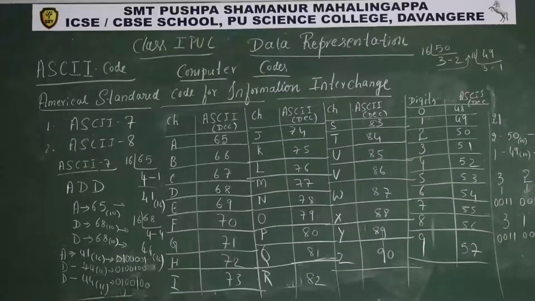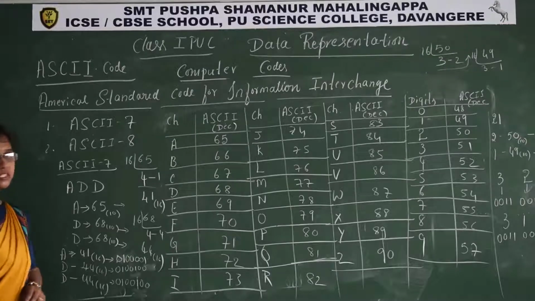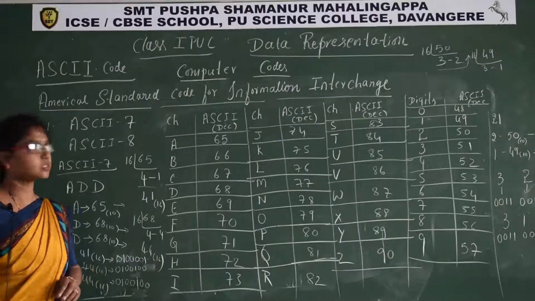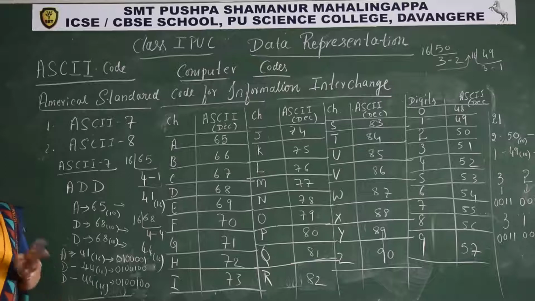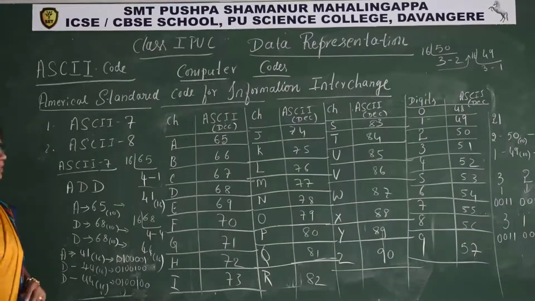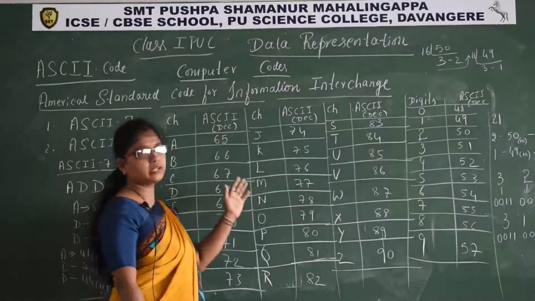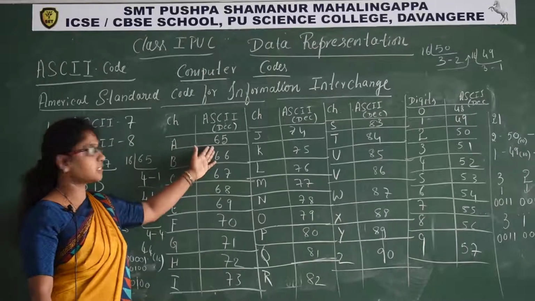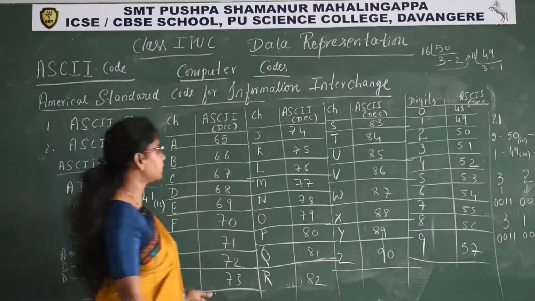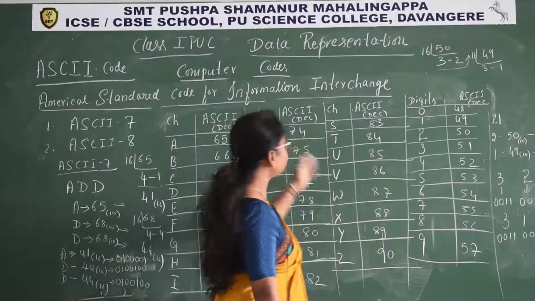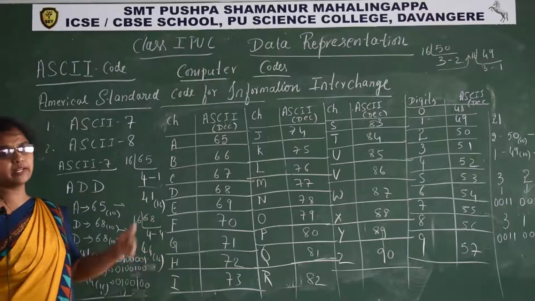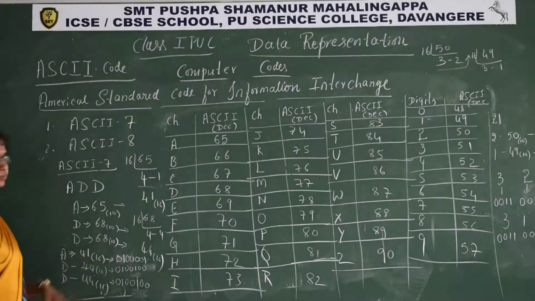I hope you understood what computer codes are and what the different coding systems are: BCD code, XS3 code, extended binary coded decimal interchange, and ASCII code, in the two methods, ASCII 7 code and ASCII 8 code. First you need to remember this table. It's very simple, easy to remember. You need to remember only capital A, it is 65, then you add 1 for each character. I did not write the lowercase alphabets here. Small a starts from 97 and you keep on adding 1 to get the numbers.